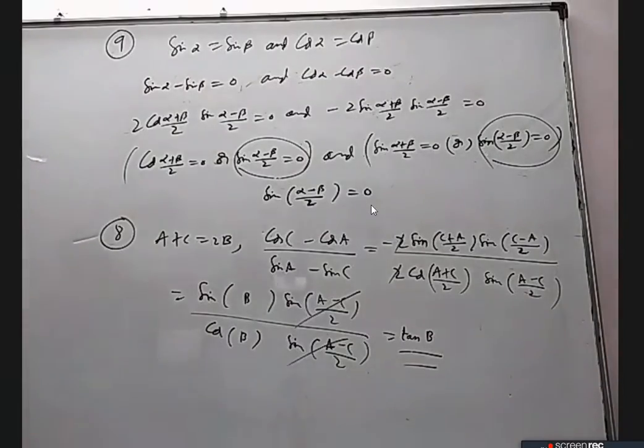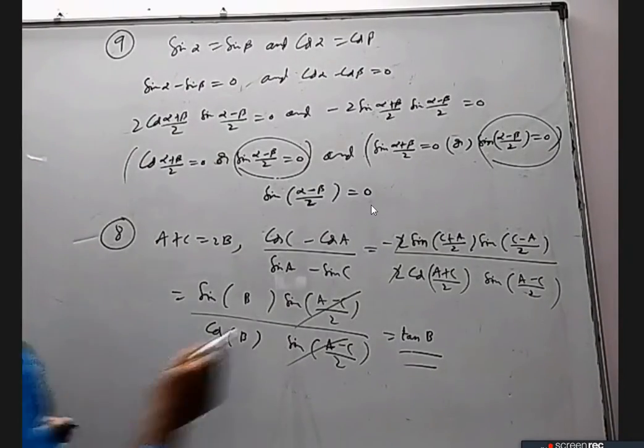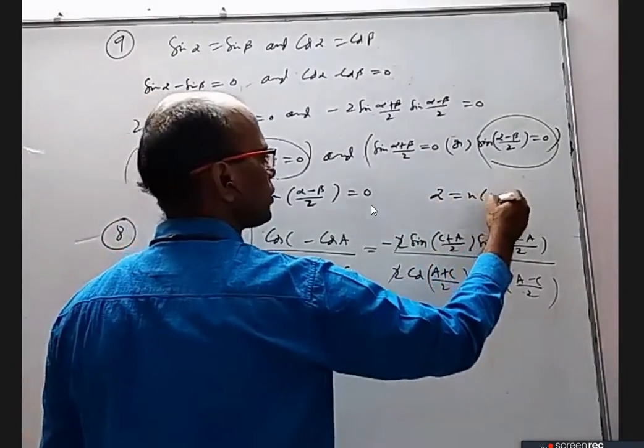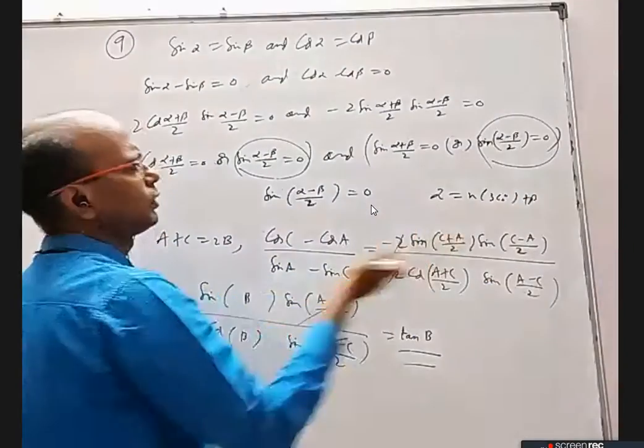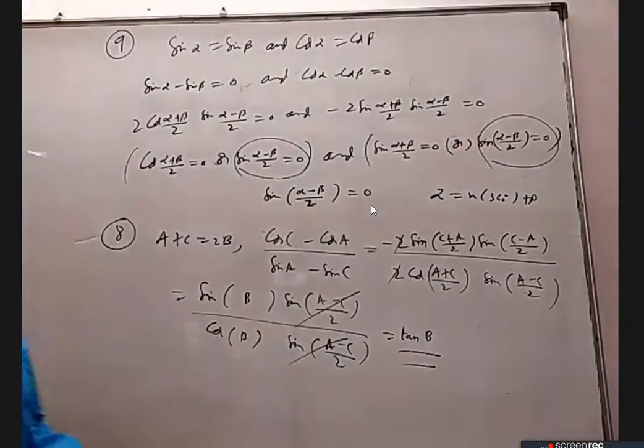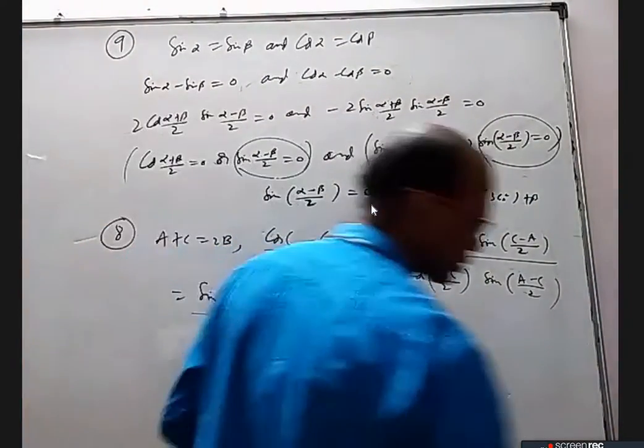So this is based on the transformation. In the beginning, I said that alpha should be a multiple of 360 plus beta. You bring beta this side, divide by 2. This is a multiple of 180. For any multiple of 180, sine will be 0. That is also an explanation we can give.